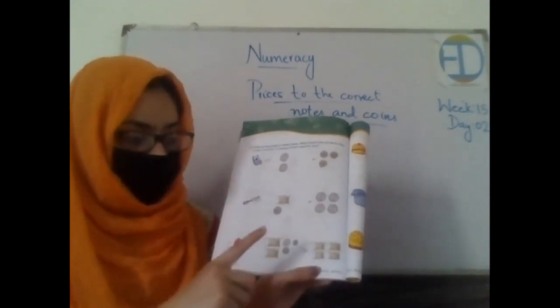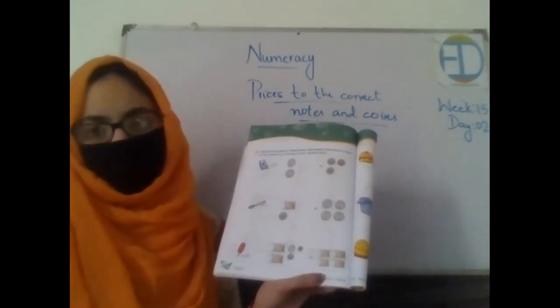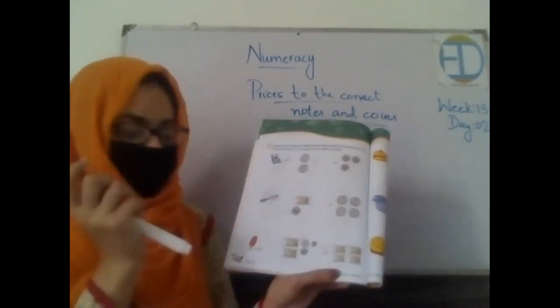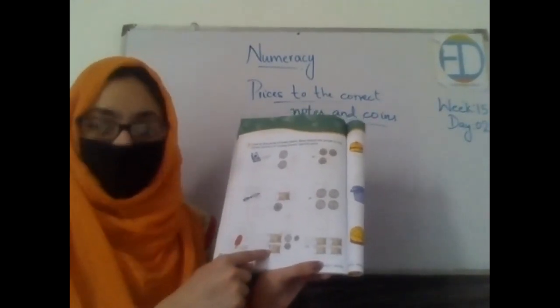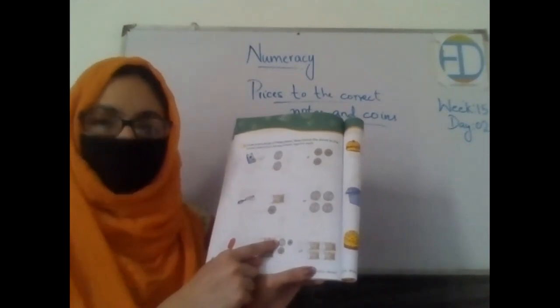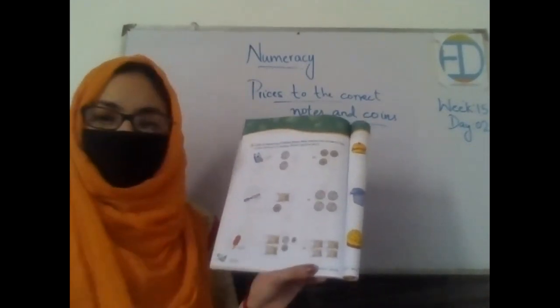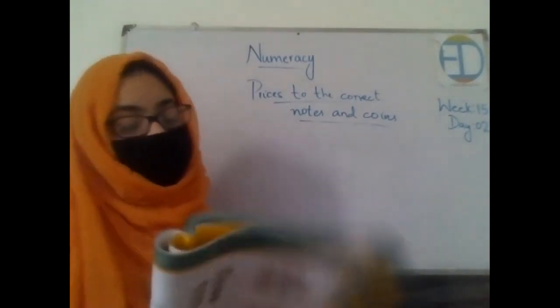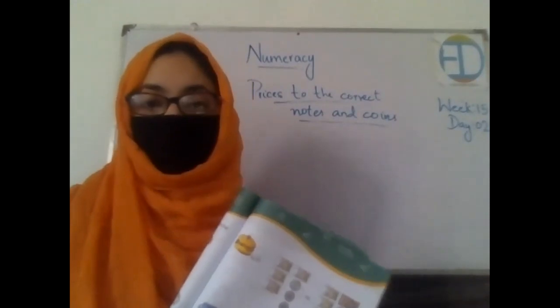Yes. And on the other side, we have 4 notes of 10 rupees. 4 notes of 10 rupees make 40. So this means this is not correct. So this is correct. And how is this correct? 10 plus 10, 20, plus 5, 25, plus 2, 27, plus 1, 28, and the ice cream is of 28 rupees. So this means that this pair is the correct answer.